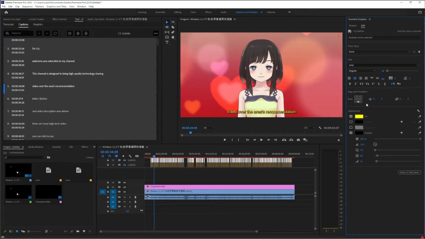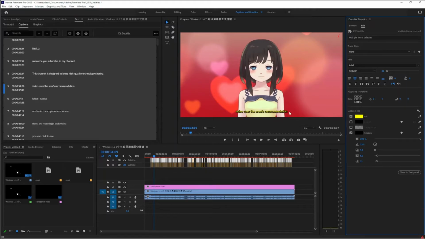Adjust the position of the subtitles. Set the size of the subtitles. Be sure to finish setting the subtitle format before performing the next step.